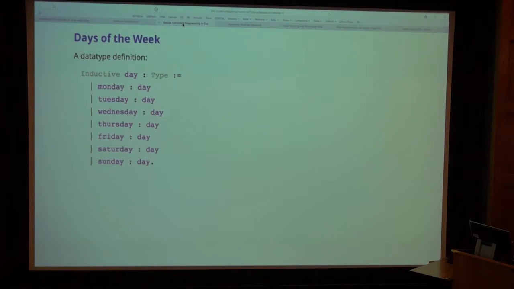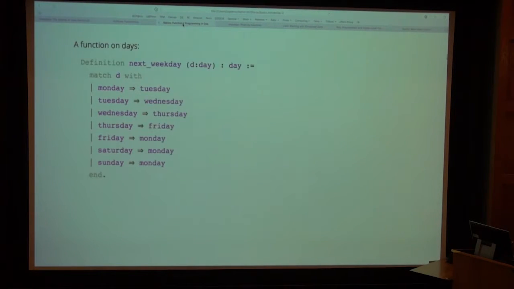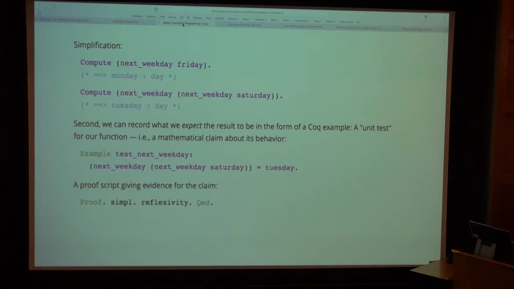So we can define so-called inductive types that are just enumerations of a bunch of constructors. And we can define functions over those inductive types by pattern matching. We can instruct coq to compute with those functions. And here we're doing computation internally inside of coq.